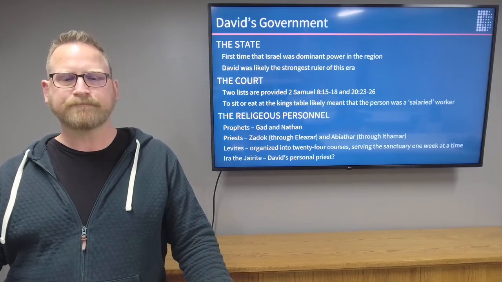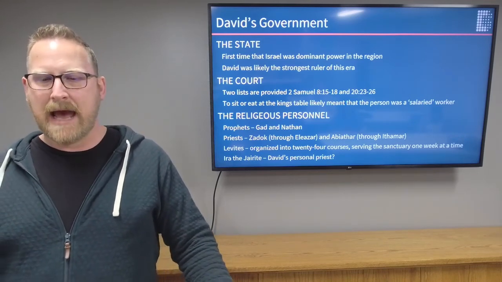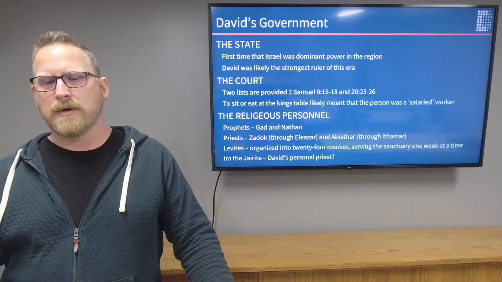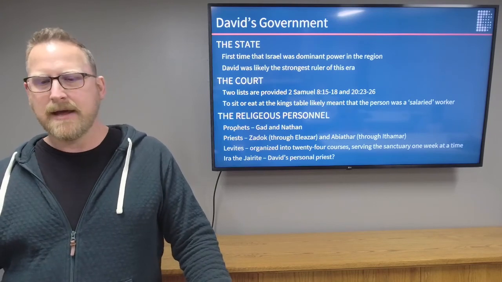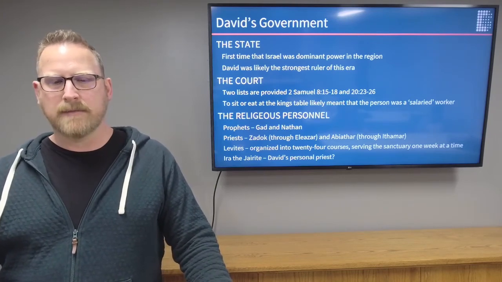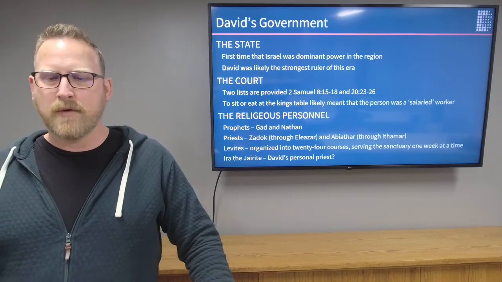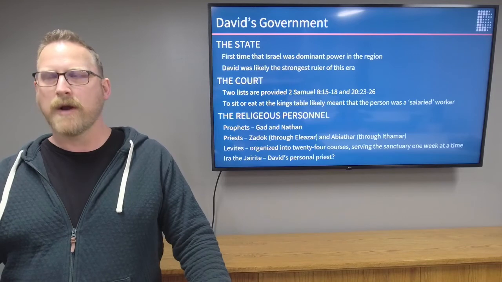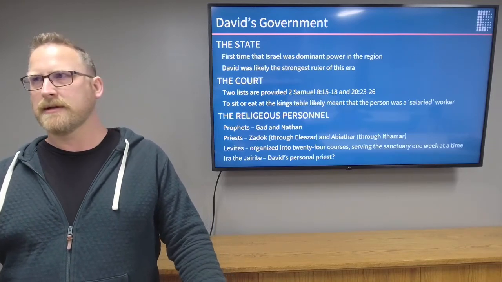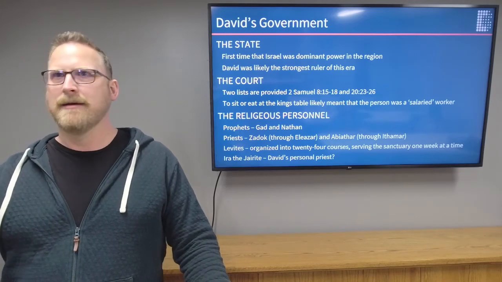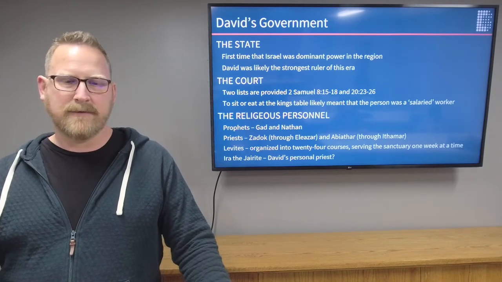The priests, you have Zadok through Eleazar, and Abiathar through Ithamar, which Abiathar would then be a descendant of Levi, which is why we're going to find that he fades and Zadok comes to prominence. The Levites are organized into 24 courses, serving the sanctuary 1 week at a time. This is a tradition that continues all the way through to the time of Jesus. This is why Zechariah is said to be in the temple when his order was on deck for doing the